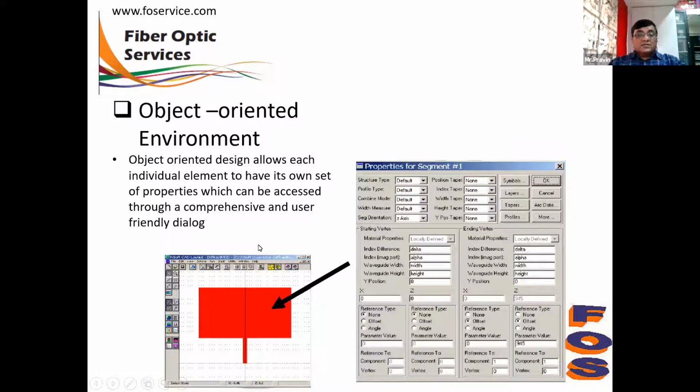The structure which is designed in RSoft CAD can be divided into various segments, and each segment will have a separate property window. So for each segment you can define different optical properties, various references, and different materials.